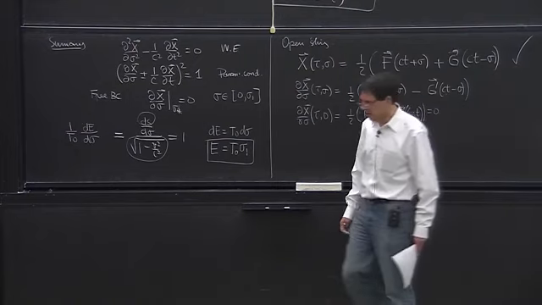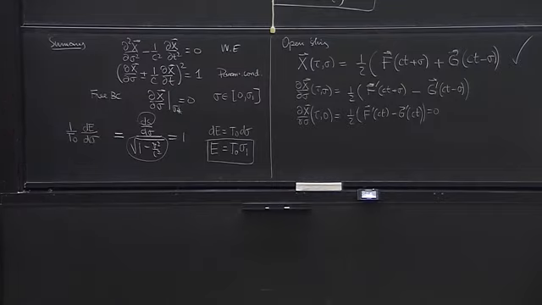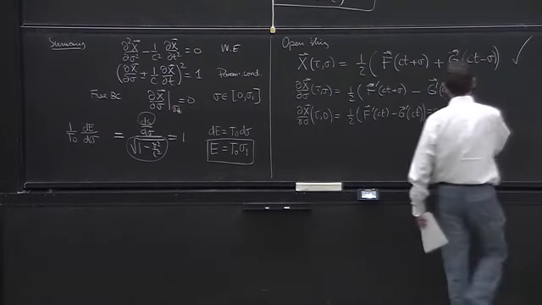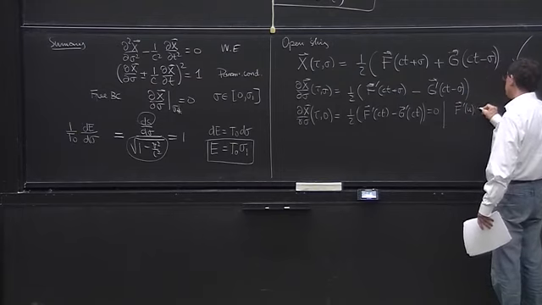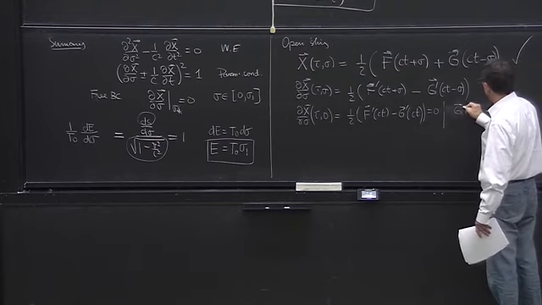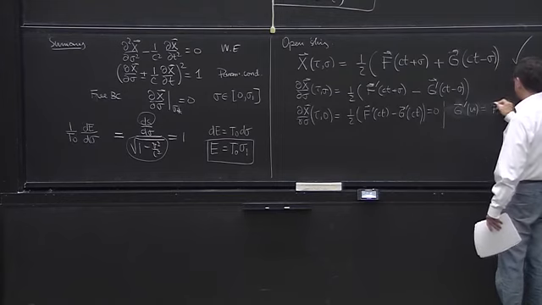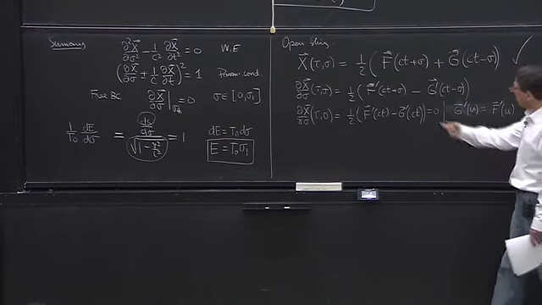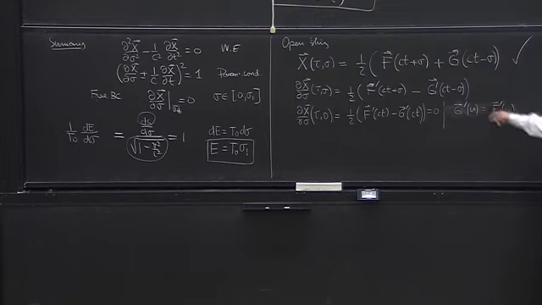Well, ct can be any number, so really this means that f prime of u is equal to g prime of u, or I'll write it like this: g prime of u is equal to f prime of u. The prime is with respect to the argument, and this is true for arbitrary argument because ct has any value. So g prime of u must be equal to f prime of u,